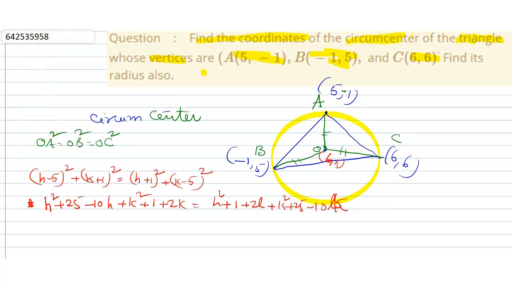This is a common mistake everybody will make. The h square will go away, and the k square will go away. Now 25 plus 1, 26, plus minus 10h plus 2k